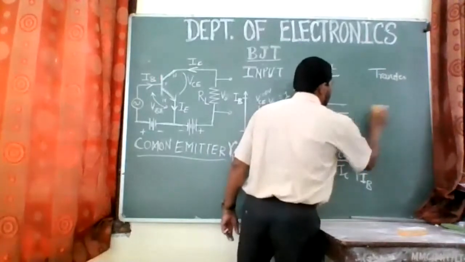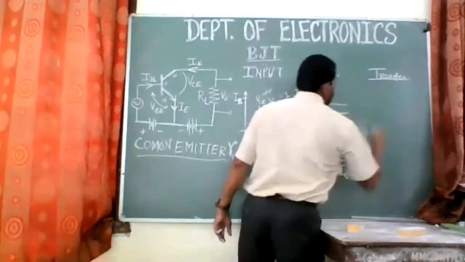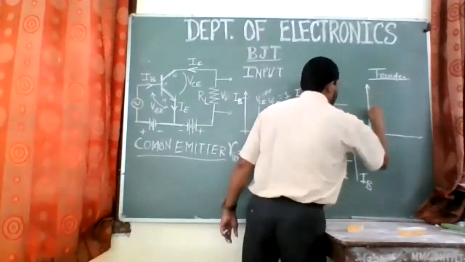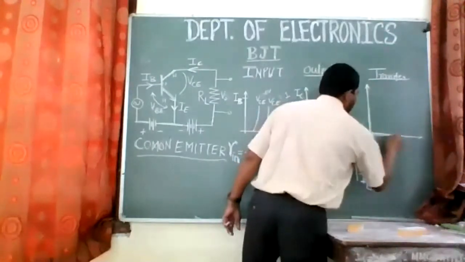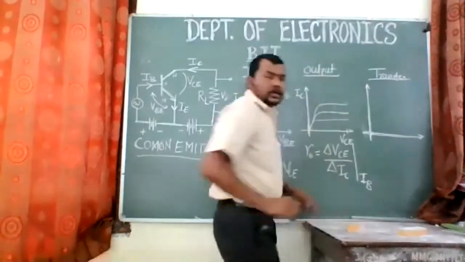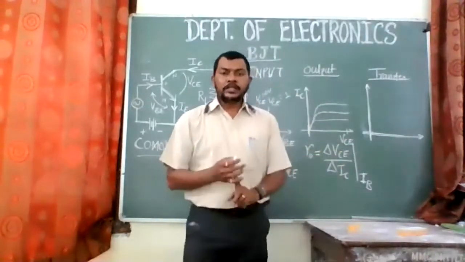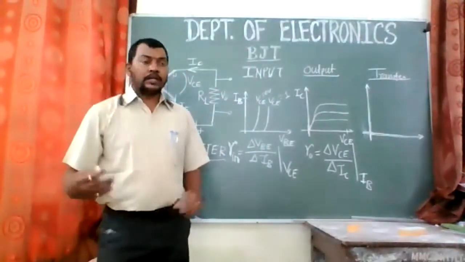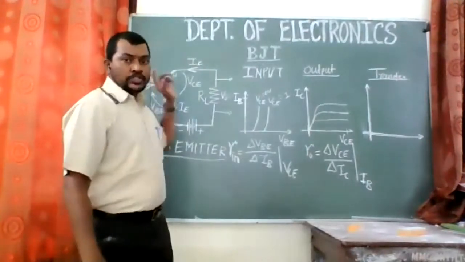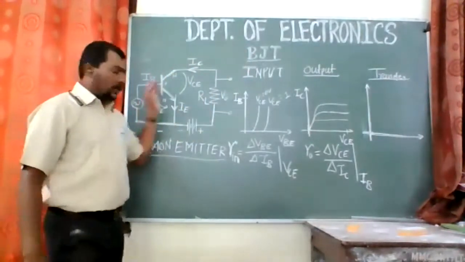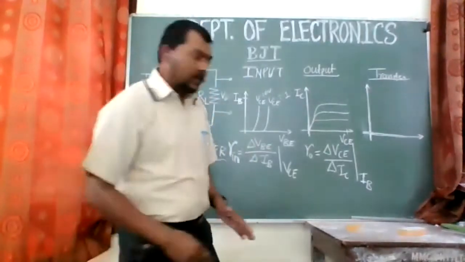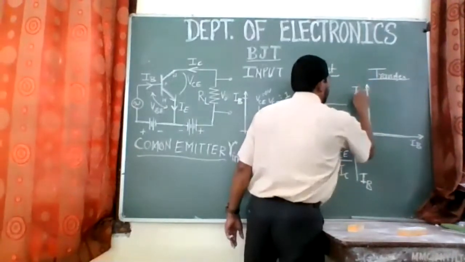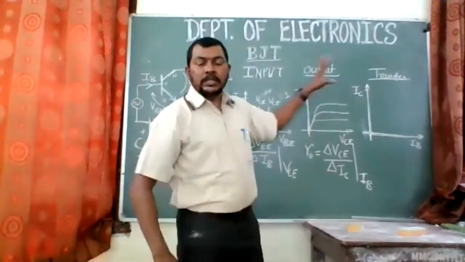I will rub this. So transfer characteristics is the third one, and as I have told you, that is nothing but the base current amplification factor. So can you define the base current amplification factor? I guess you remember. The base current amplification factor in the common emitter amplifier is defined as the output current upon the input current, that is IC upon IB, the change in collector current to the change in base current. Therefore on the x-axis we are taking the base current, and on the y-axis we are taking the collector current, right? So this is the transfer characteristic.